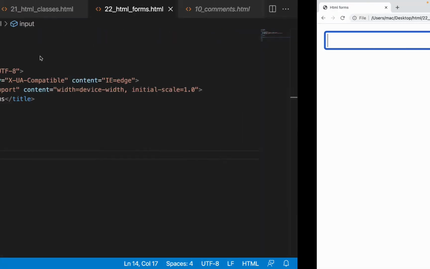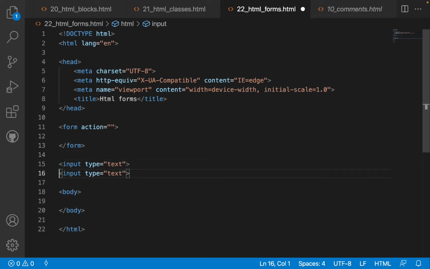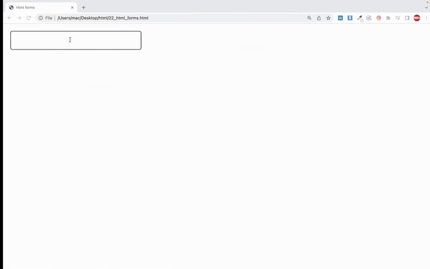So after doing that, let us look at different types of input. So we have a text input, as you can see it there. We have another type of input called radio. So these radios, you can choose one of them. So to do that, let me give here a name. Maybe we're going to call it sex, and value, I'm going to call it male, and create another one called female. Save. So for this element to be radio, you must give it what? Same names. So if I come and refresh,